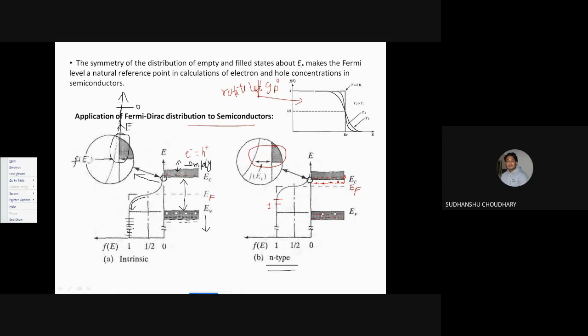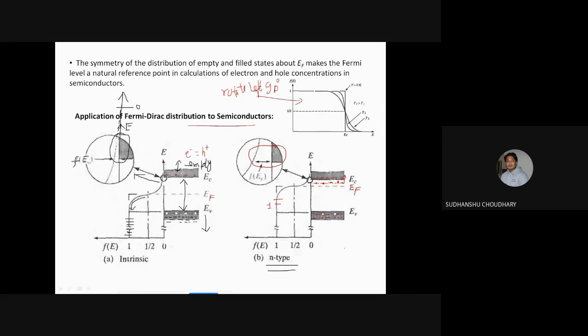So why am I seeing these two holes here? These two holes are because of the thermal generation of electron-hole pairs, right? Because of the thermal generation of electron-hole pairs, some of the electrons can move from the valence band to the conduction band, though that number is very small. Okay? So that is why some holes can be found over here.